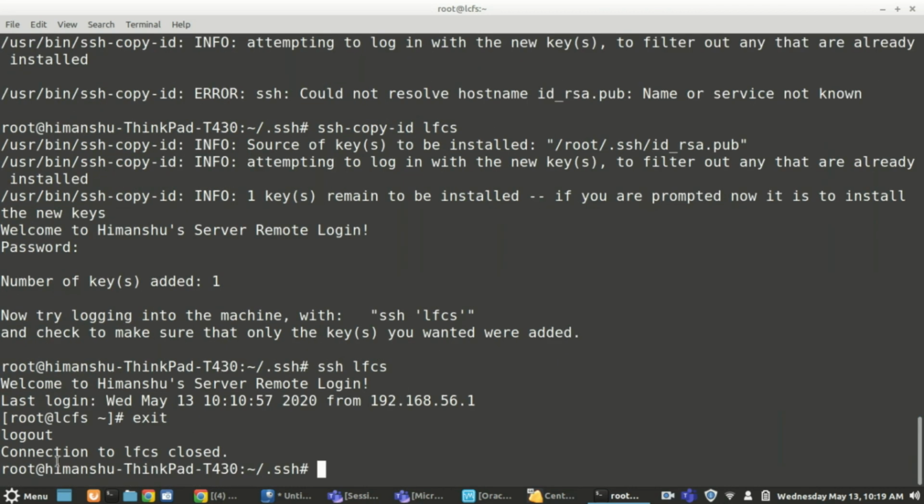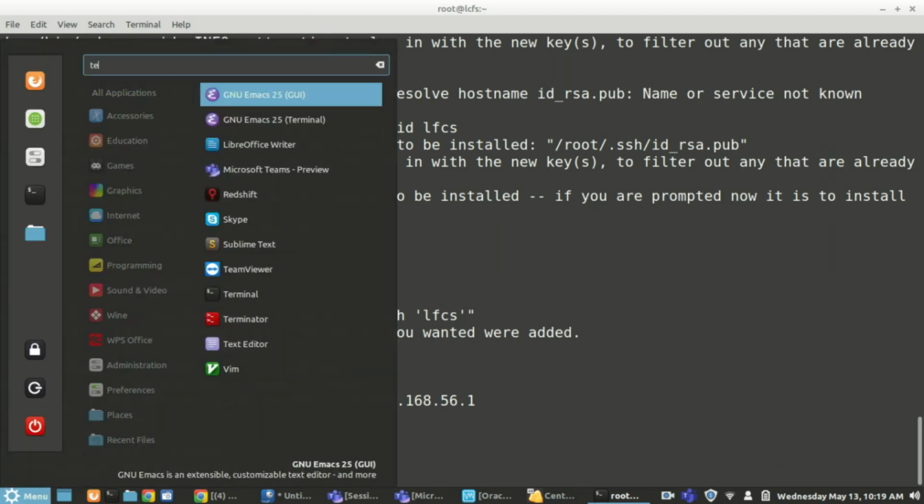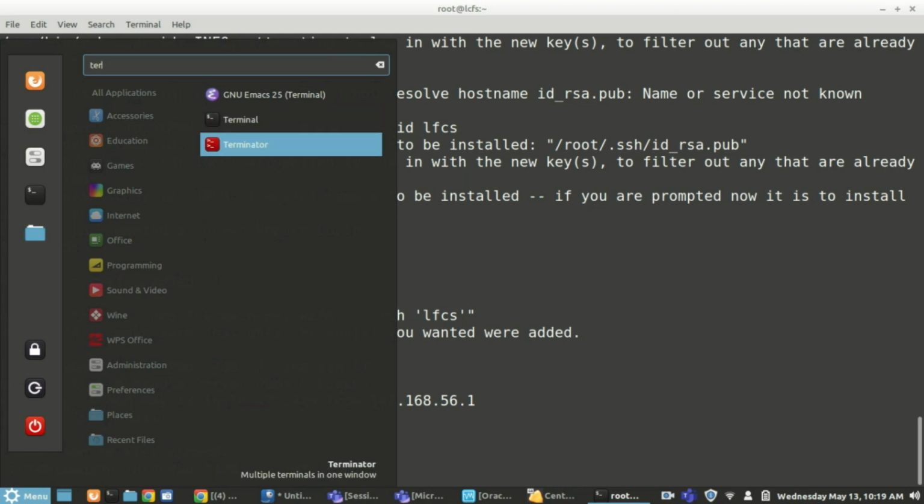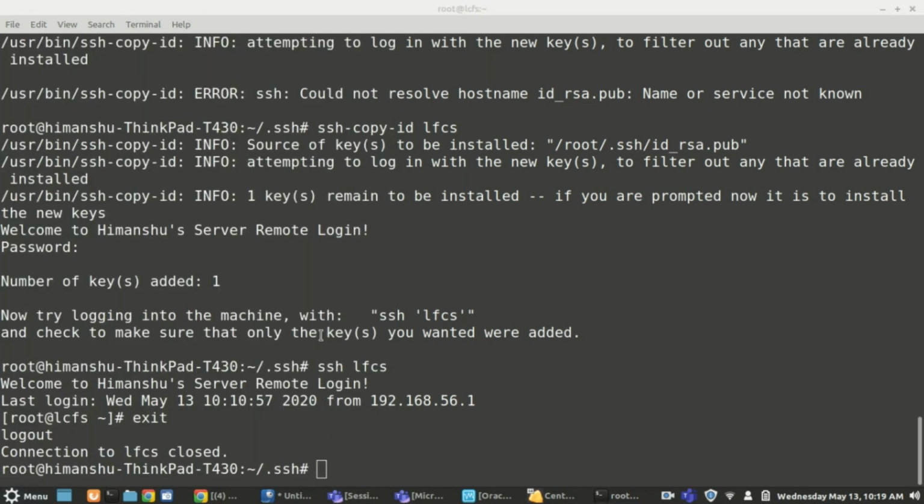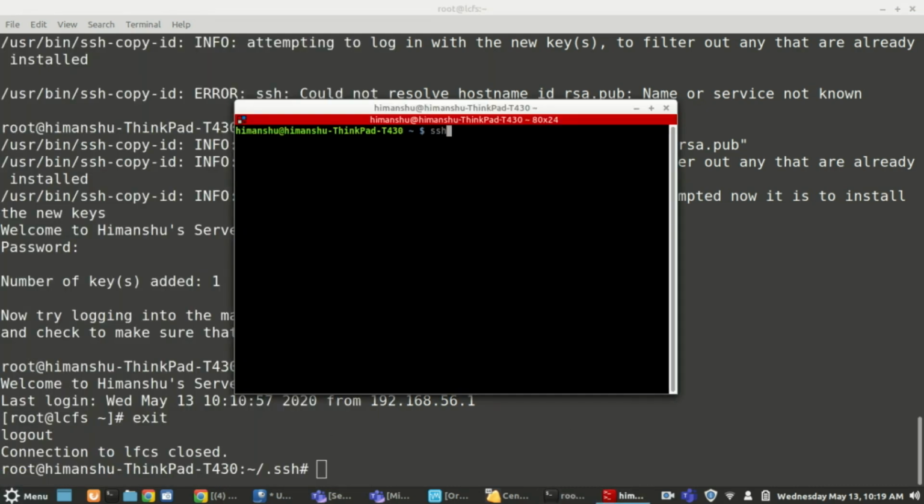Okay, so let me show you here. So see, I have copied this file. So where does this file go? So let me show you. So when I just do LFCS,